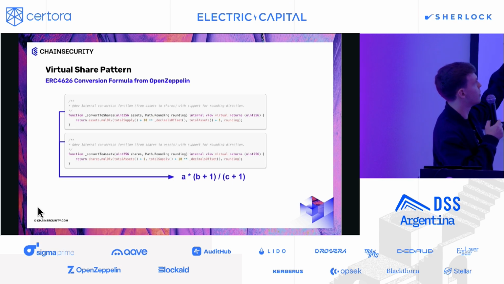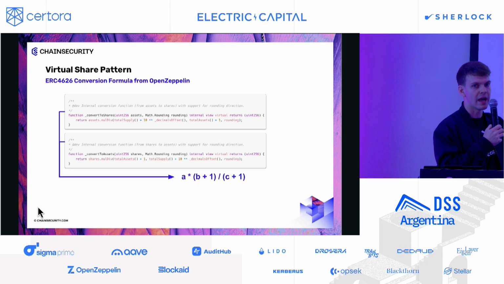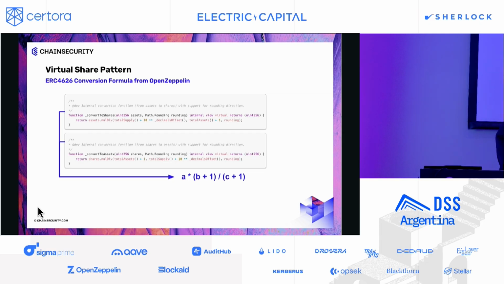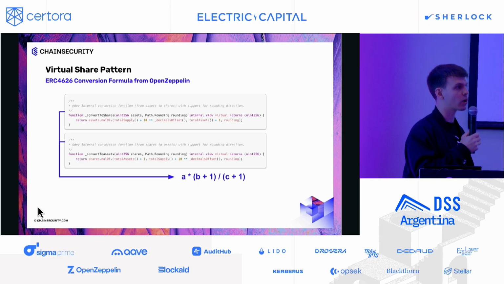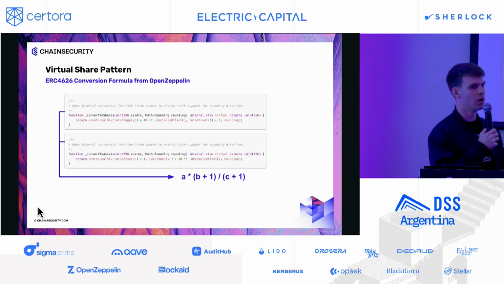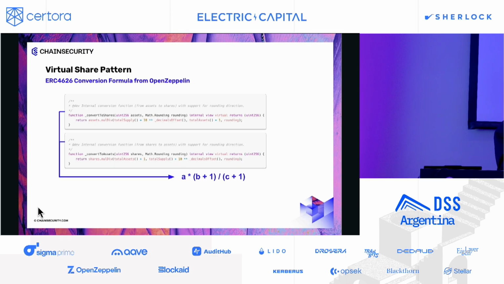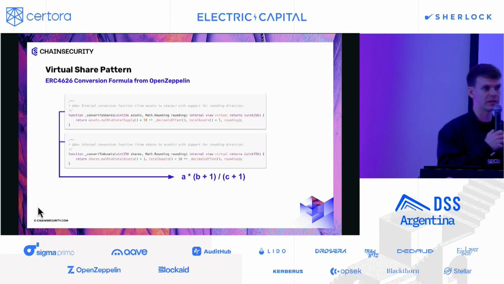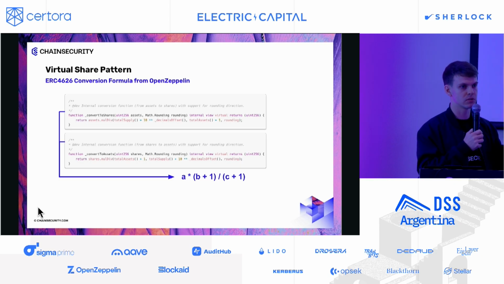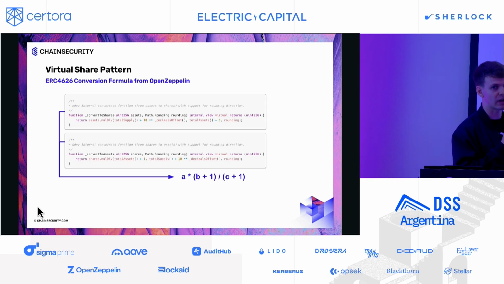So we have this formula to convert from share to asset. And basically it boils down back to this formula. And this formula, we're actually going to compare this time, because if we were to compare it to the real valued formula, we're back to the position A times B divided by C, and this is not really interesting. So we're actually going to compare this formula with the +1 to the A times B divided by C without the +1. So what does rounding do for us when we don't have the +1?